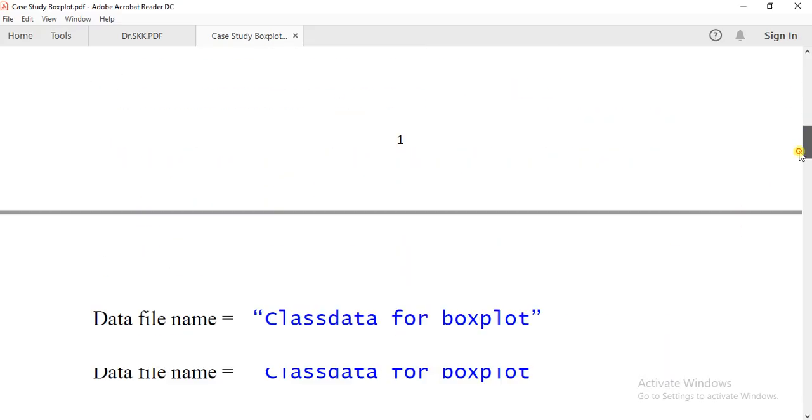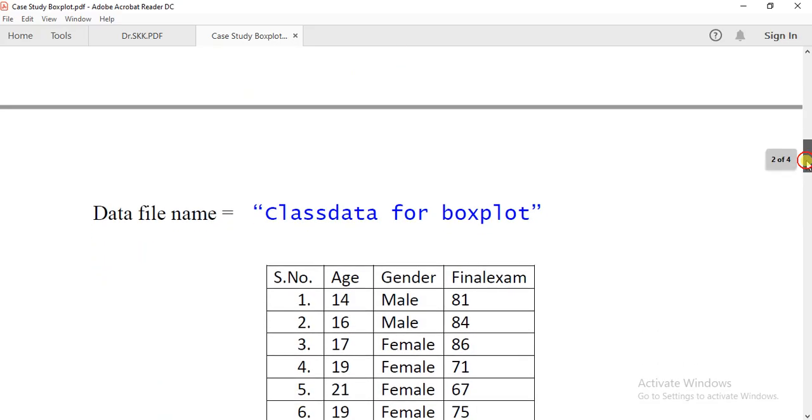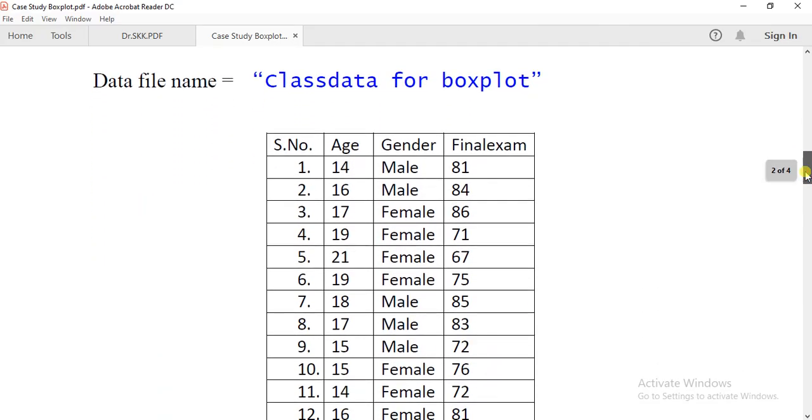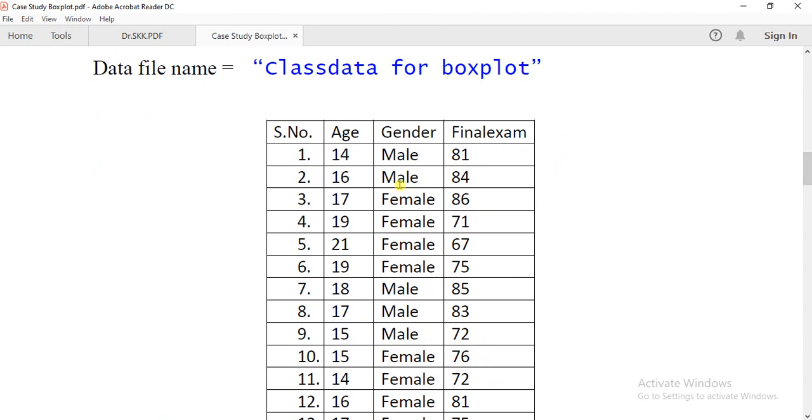This is our file, containing 30 students' data. We will use all three variables in this box plot, continuous variables as well as the categorical variable.